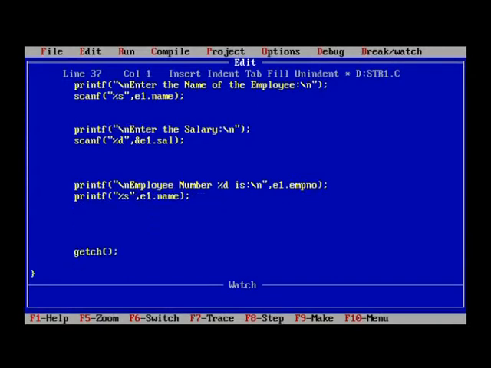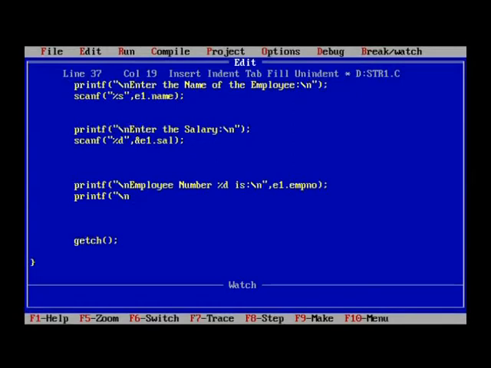Let me develop one and then do. Employee number is so and so, then printf, new line character, either at the beginning or at the end is enough.